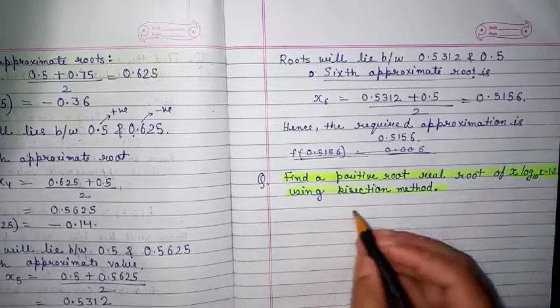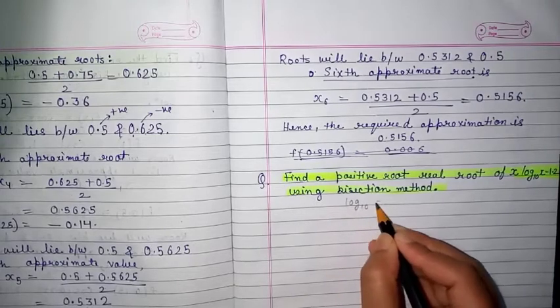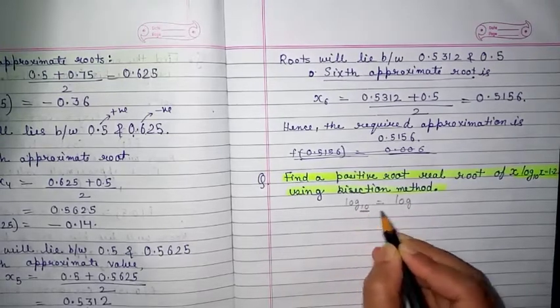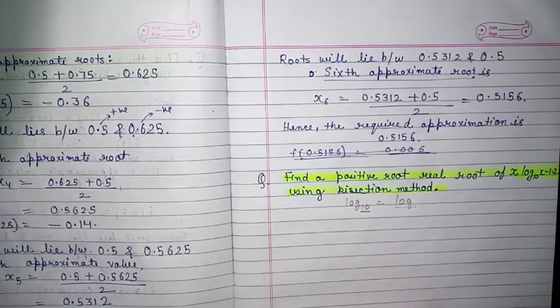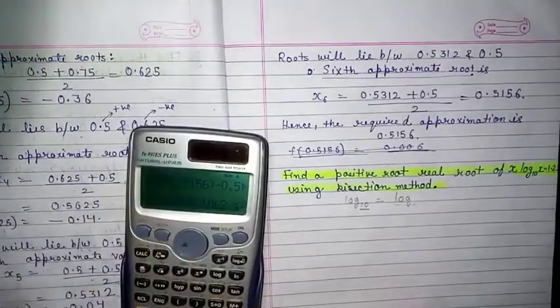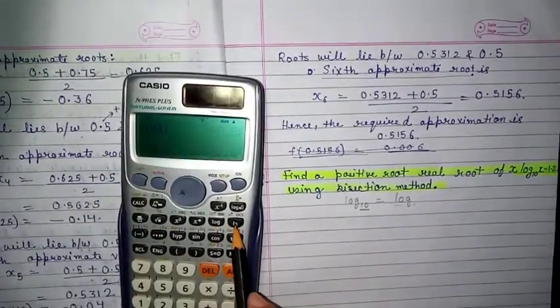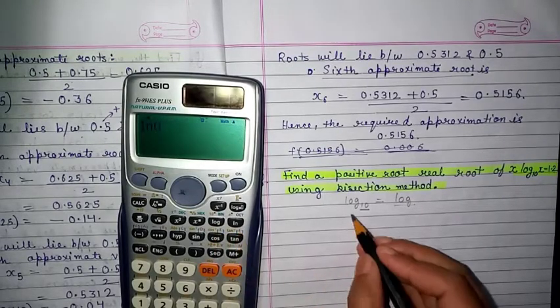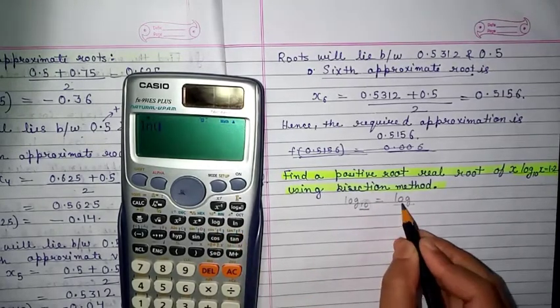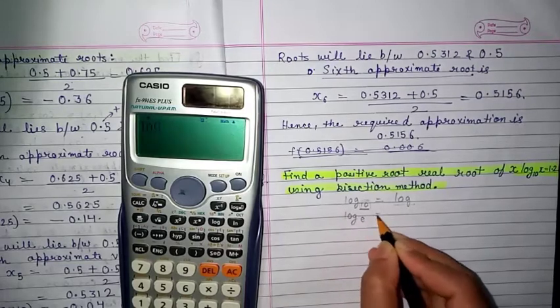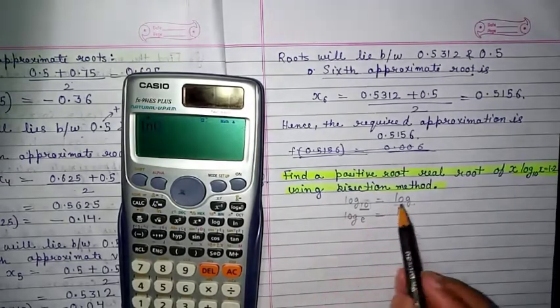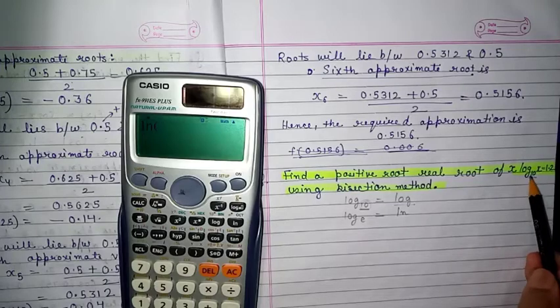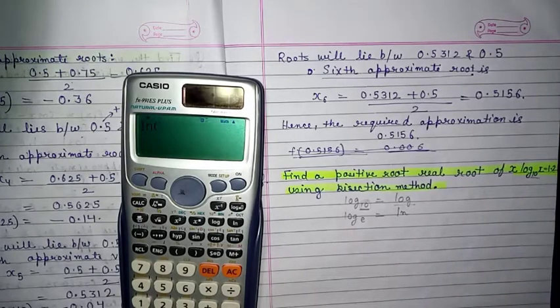I want to explain that log base 10 means log. In calculators you will see log and ln, and there is a great difference between them. If the base is 10, it is log, and if the base is e, it is ln. Here the question mentions log base 10, so you don't have to get confused about whether to choose ln or log. You have to choose log only, because log means log base 10.